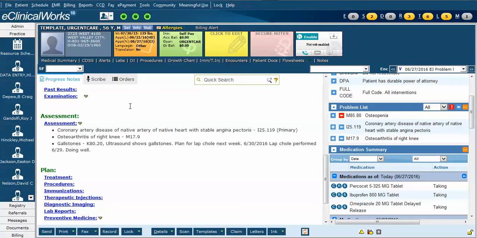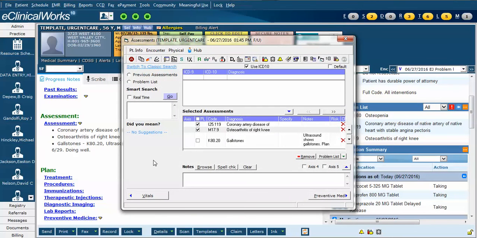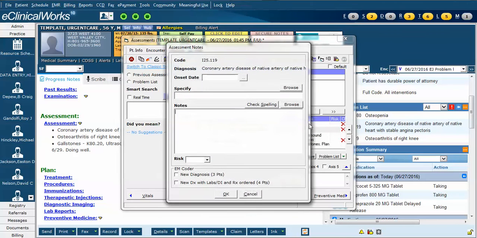I would also recommend in the assessment box that you take advantage of this notes box. In this example, I've also added a diagnosis of coronary artery disease. Even if a person's had a bypass graft, they're probably never considered cured of coronary disease. So this is a really nice place that I can add a running commentary. So I might put the initial visit, coronary disease, scheduled for stress echo, and then when I see them back in 2 months,